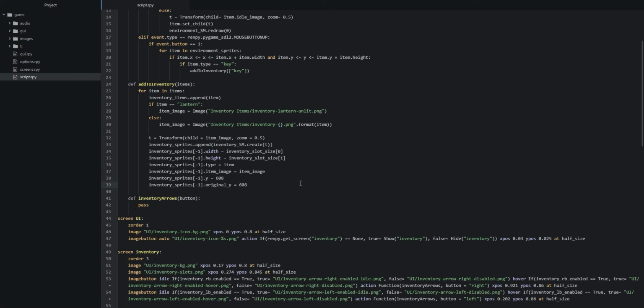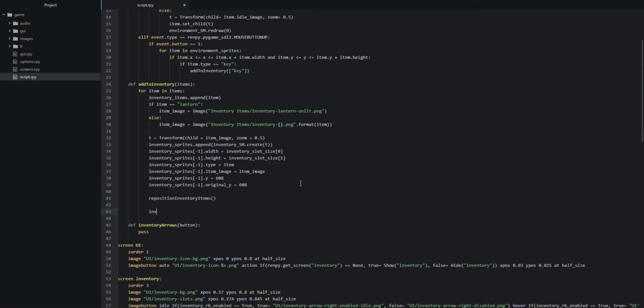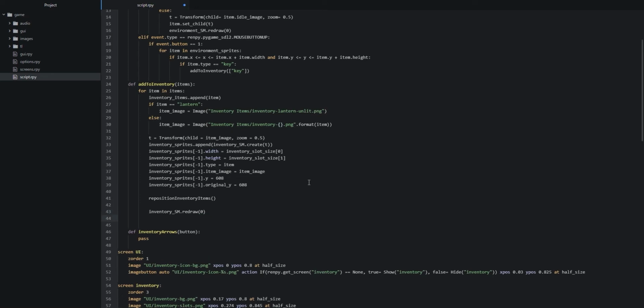So we're going to create a new line, and then we're going to call this function reposition inventory items, like so. And then before we go ahead and create this function, we are going to make sure that we are redrawing the inventory sprite manager as well as restarting the screen, and that is to make sure that the changes that we are making to these items are properly reflected onto the screen. So we're going to say inventory_sm.redraw, and then we're going to pass the value 0 as a parameter to the redraw function, and then we're going to say renpy.restart_interaction,